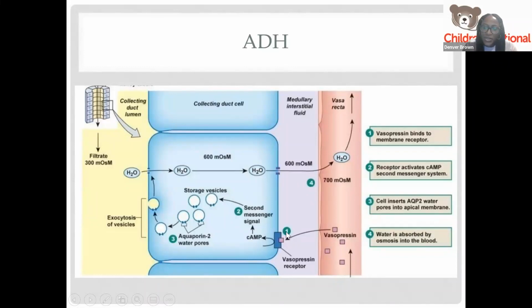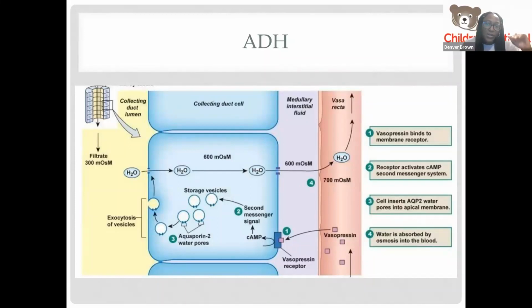So maybe I should do it by numbers. In step 1, we see that vasopressin, which is the same as ADH, binds to this vasopressin 2 receptor. In step 2, after vasopressin binds to its receptor, it activates cyclic AMP, this sort of second messenger system. In step 3, the activation of cyclic AMP really tells these aquaporin 2 vesicles that are within the cell to go ahead and